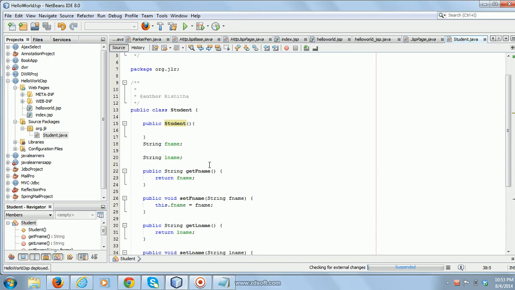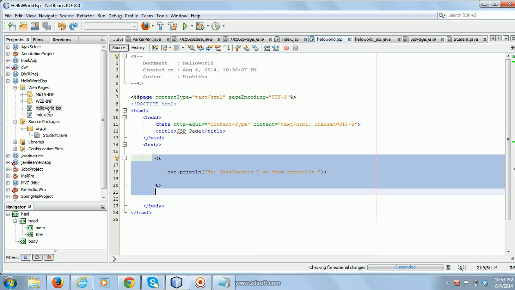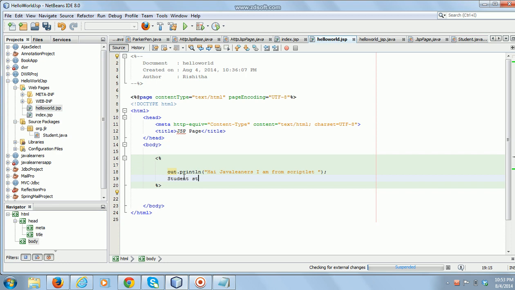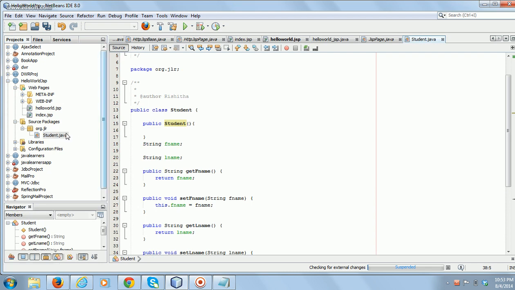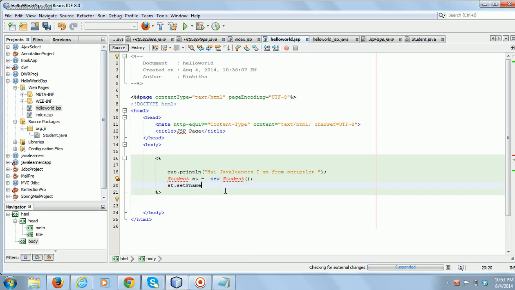Now if I want to access this class, suppose I want to create one student, st is equal to new Student, st.setFname, and st.setLname.